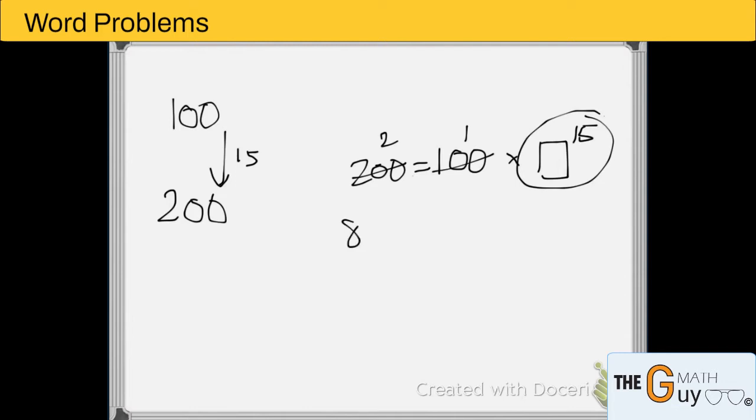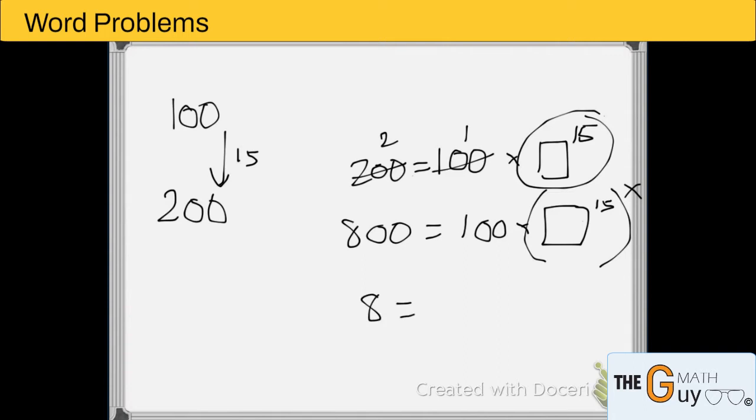Now if my aim was 800, then I need 800 equal to 100 into box to the power of 15. I'll just use that because I know that is equal to 2. How many times do I need that? So 8 is equal to, box to the power of 15 is 2, so I'll substitute this here. It'll become 2 to the power x. So x has to be 3, which I need. Basically, in place of x I need to put 3, which refers to 3 times 15, 45